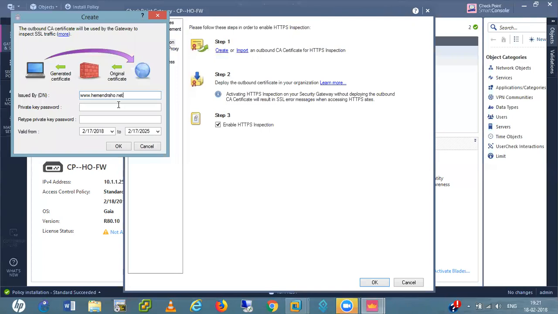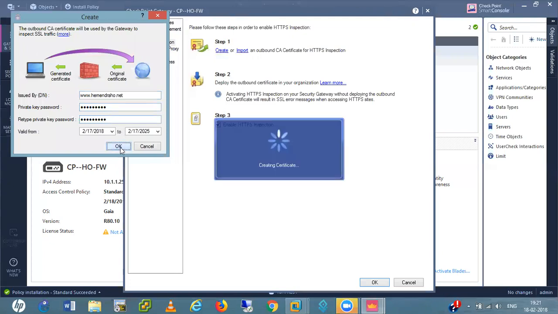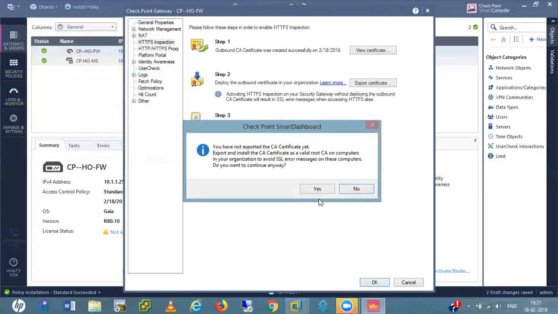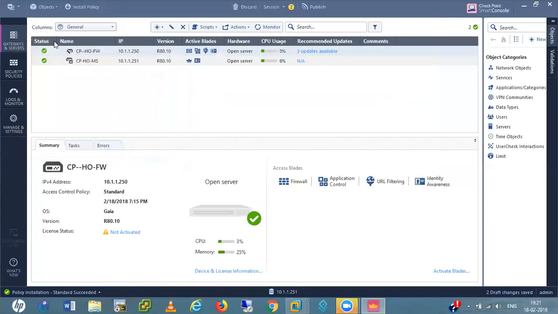Okay, I am just giving this name. I put the password admin@123. Okay, I am just creating. You have not exported. Yes, I don't want to export for now. I want this that SSL error.